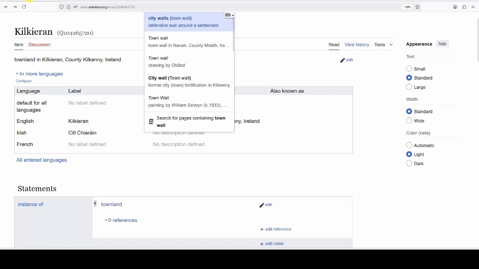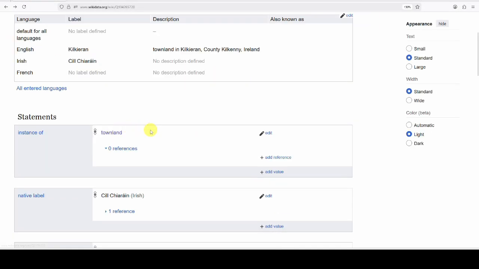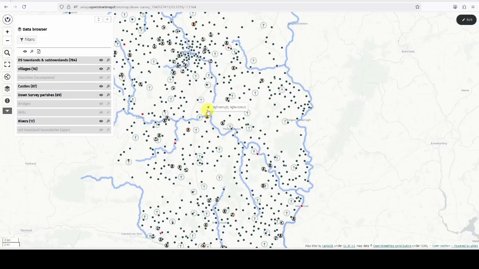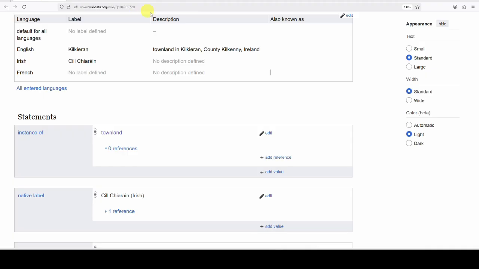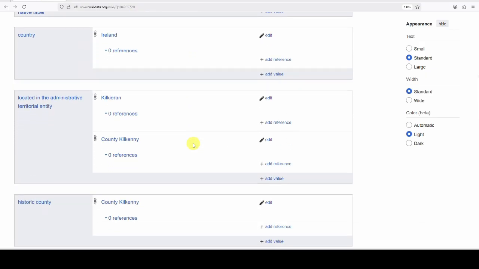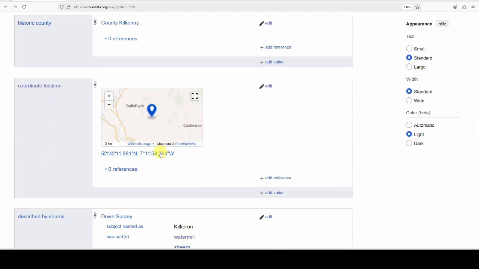So this is the information. It has to be defined as a townland, turn up here as one of those dots, and it has to be in County Kilkenny, so I had to add that for quite a few of them. And it has to have GPS coordinates here. And there are a lot of townlands that were split since the Down Survey maps